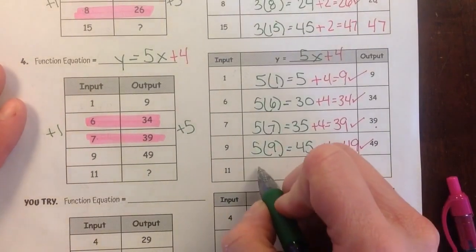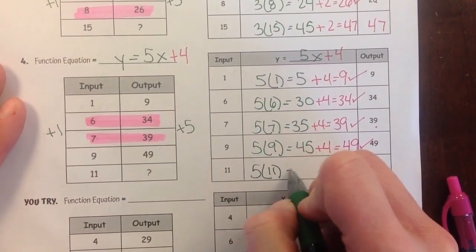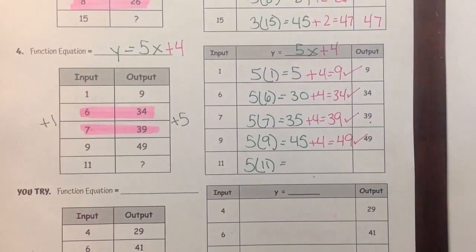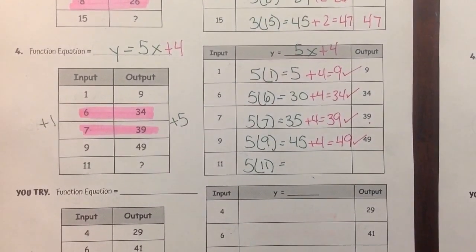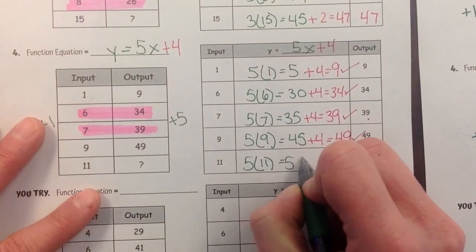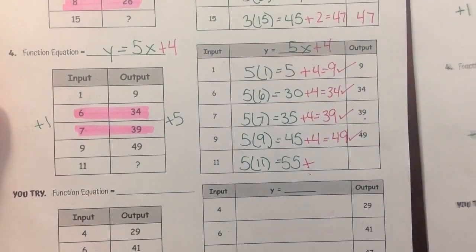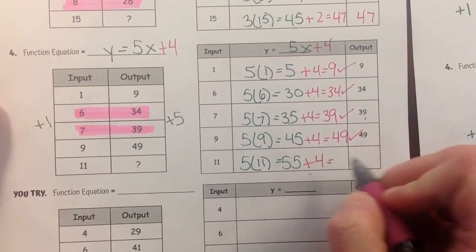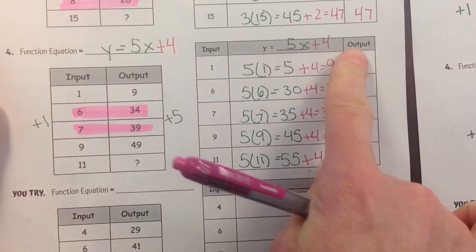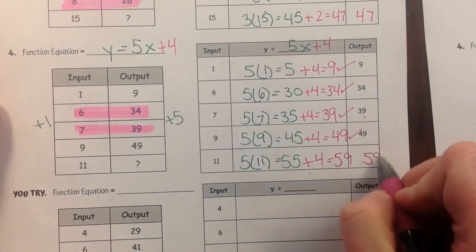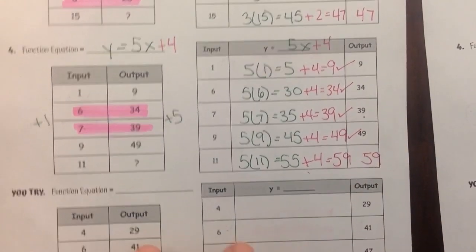So I have 5 times 11 equals, and I have somebody here to help me. Eric, can you tell me what does 5 times 11 equal? 55. He says 55. So Eric, am I all done or do I need to add something? You need to add the 4. Oh, I gotta add the 4. So now I get 59. So my output value is what, Eric? 59. Thanks, 59. So now Eric is gonna go ahead and give you